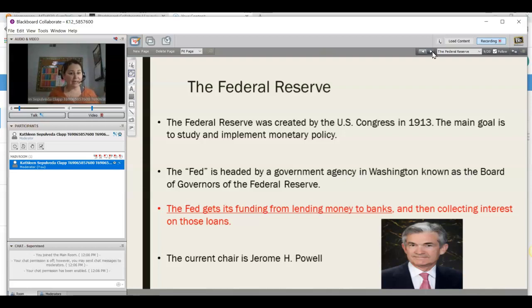And what do I mean by backing that money is either if we had the substantial means of, and back in the day, if we had enough gold to make sure that our money was valuable.